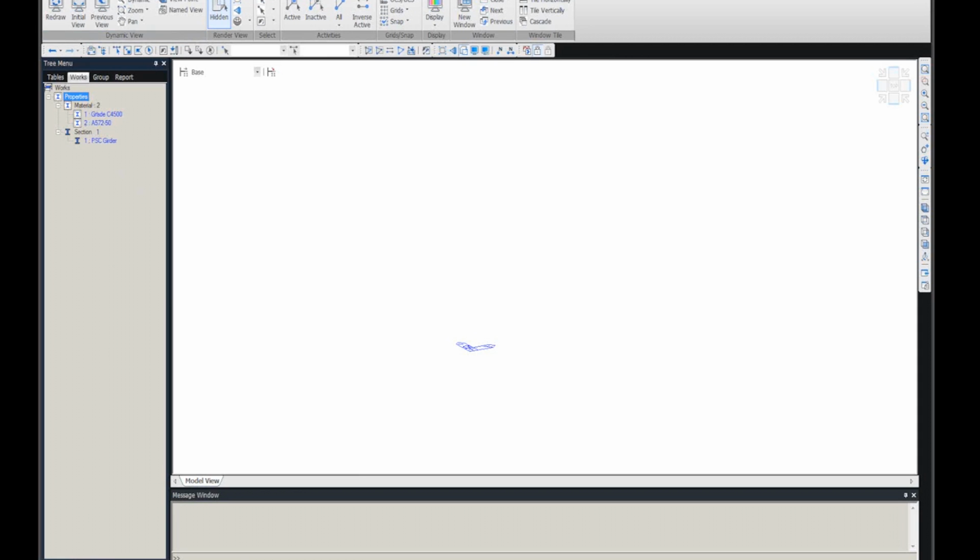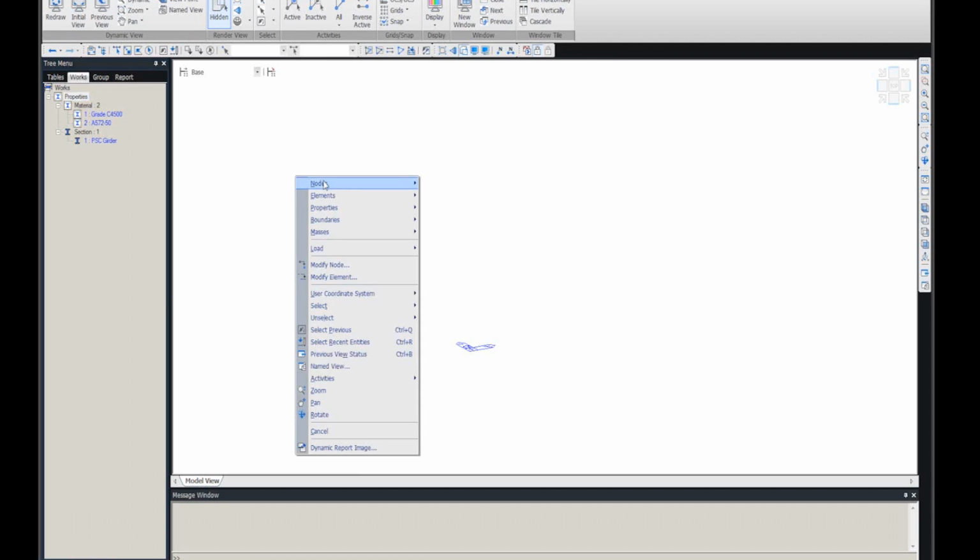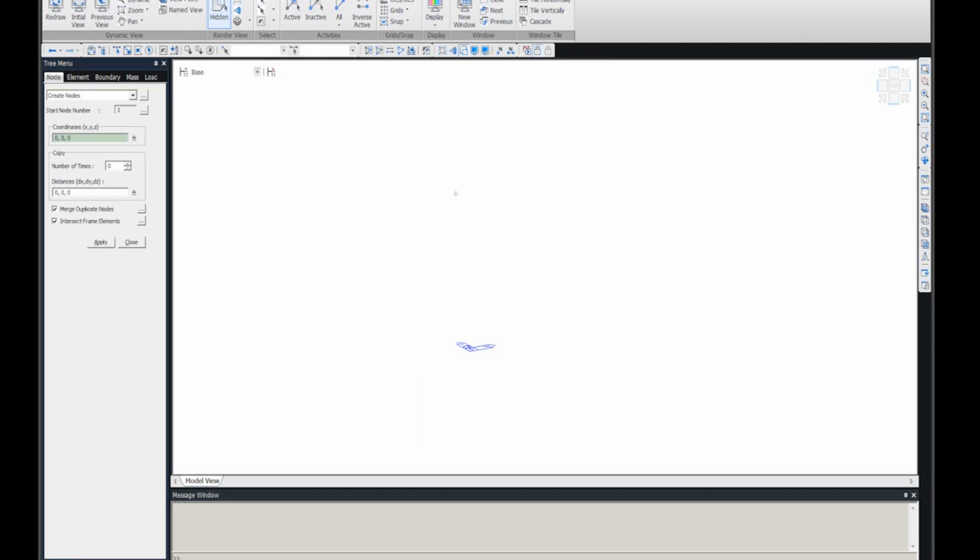At the top we have this ribbon menu, which, by clicking on each one, gives several more options, but it's put in this way so that it's very easy to find. So for a structure you can find the wizard, for nodes and so on. What I need to do now is create the nodes and also create the elements. For that, just go to node, create nodes,